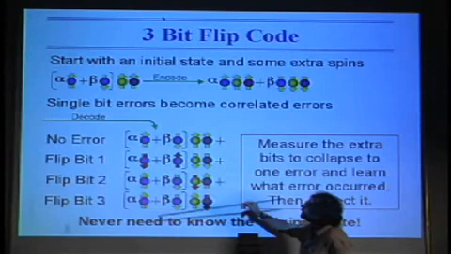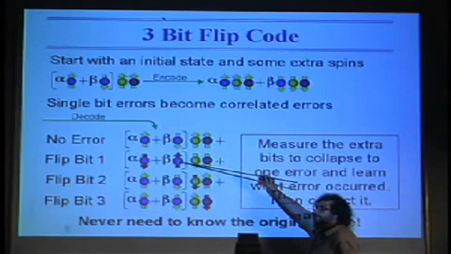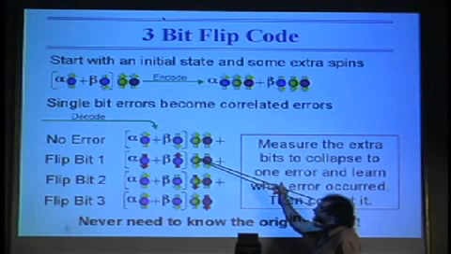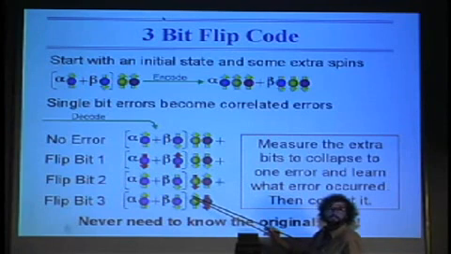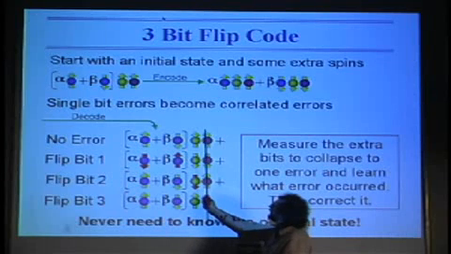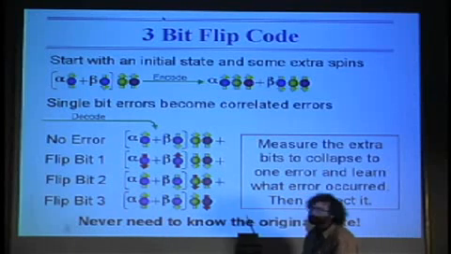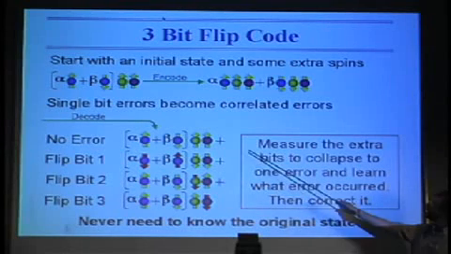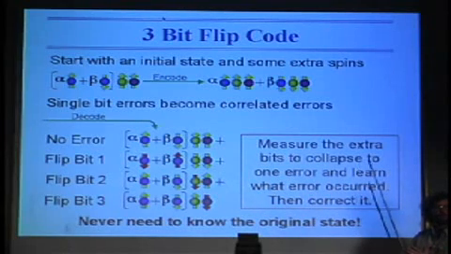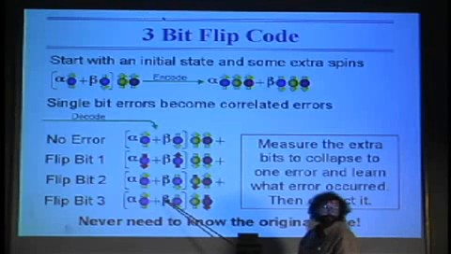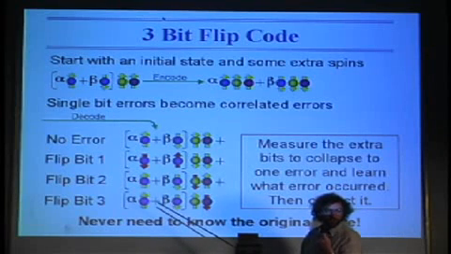All I have to do is conditionally rotate this spin by 180 degrees based upon the two ancilla being down. If I do that, then again I will have a product state where the first spin would be the same in all examples. I would have the rest of the Hilbert space, copies of that, with the probabilities that you have had any of these errors, and I can simply trace over the ancilla, collapse down into a 2 by 2 density matrix, and again I would have the full probability that the spin is in the original state. No errors would have occurred.